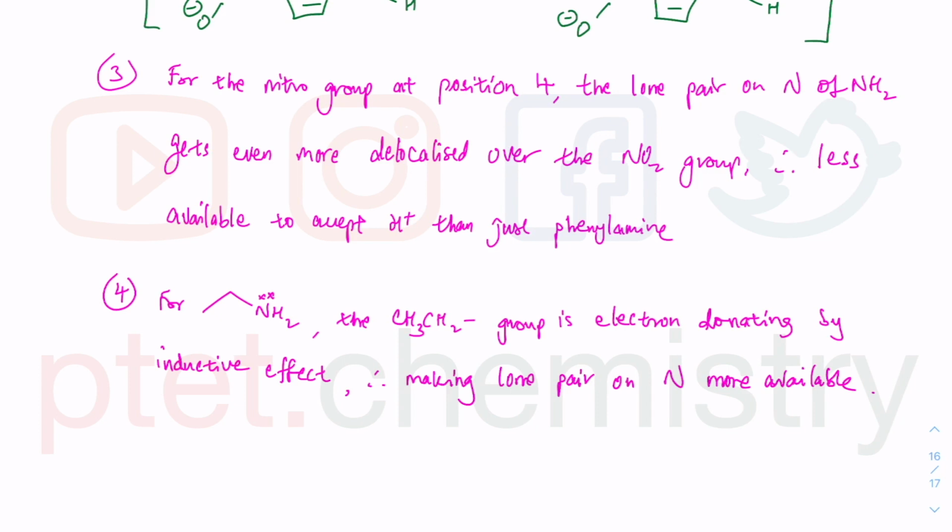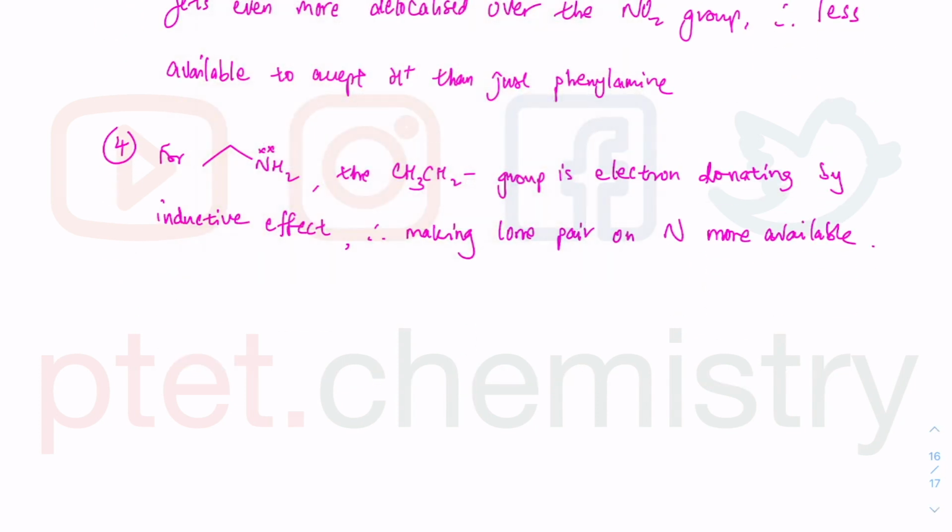Okay, therefore going back to your trend, if you want to think about the most basic, it is going to be the one where the lone pair is most available, which is going to be the ethylamine. I don't need a formula, just need to provide the name, I guess. Ethylamine, followed by phenylamine, and then followed by the 4-nitro